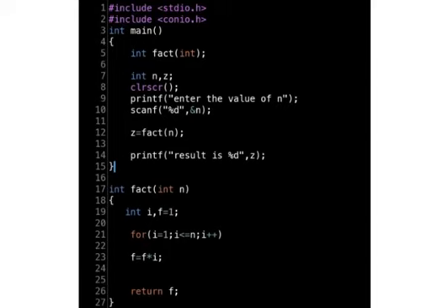We cannot return more than one value at a time. Line number 12 is your function call and line number 5 is your function declaration. Try to identify the difference between each and every program clearly.